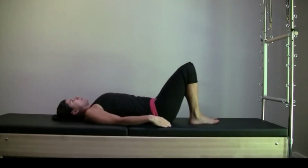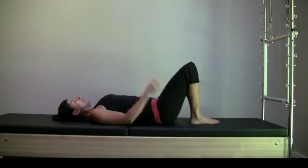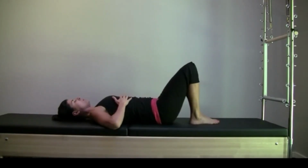Roll your shoulders around and down your back, and think of trying to reach your shoulder blades down towards your buns. Take a big deep inhale. And exhale, relax the muscles at your chest. And think about creating length at the back of your neck. And another big deep inhale. And exhale, now let's think about trying to relax the rib cage and melt the back of your rib cage